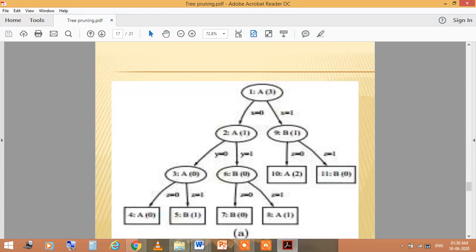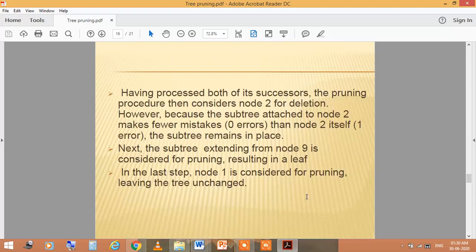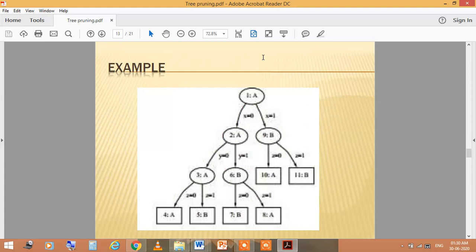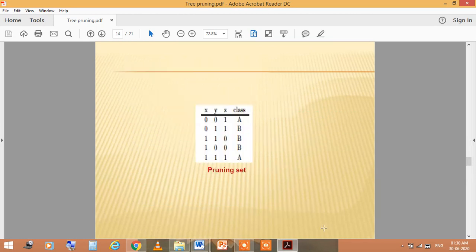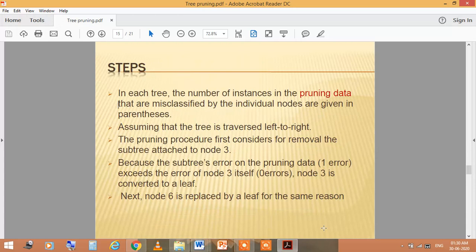So basically you can see this A is equal to 3, and you need to specify whether x equals 0, then you have to create a data set also. So on the basis of the data sets, you just check this statement, like if parent is less than. Okay, so according to this you go through these steps,